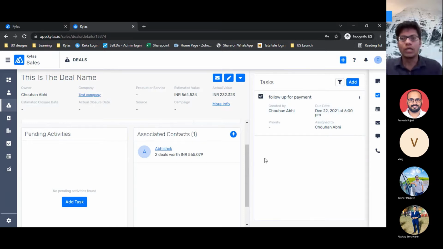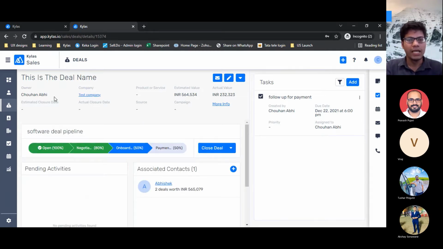Now we are talking about automation of this task creation. So the use case of automation of task creation could be, for example, if there is a deal in progress, and if this deal moves in a certain pipeline stage, a task should be created automatically and assigned to the owner of this deal, so that when they log in to the system, they know that they are supposed to perform this task. Sometimes, let's say there is a stage which is indicating towards payment recovery.